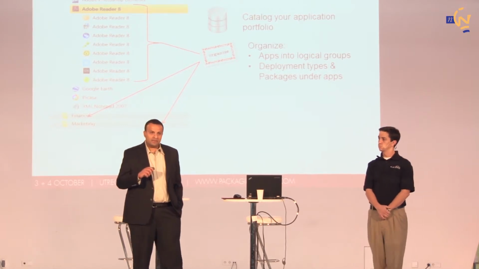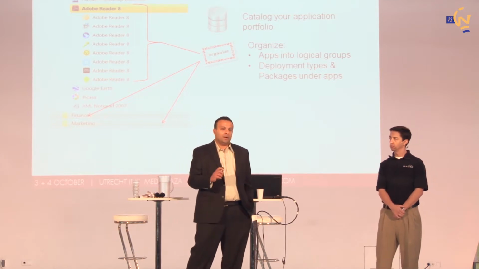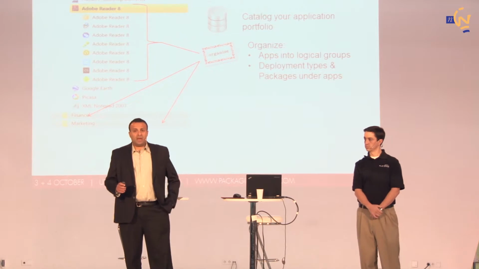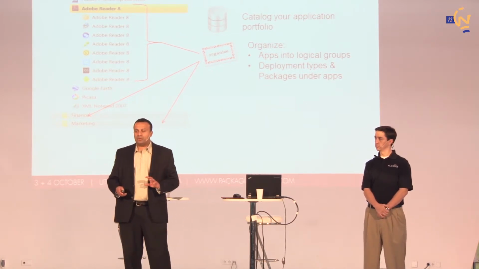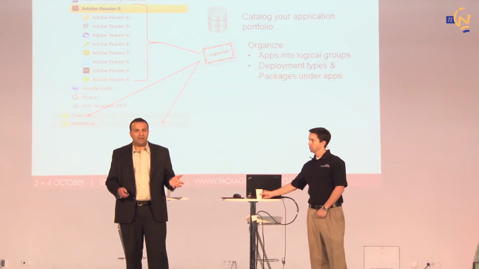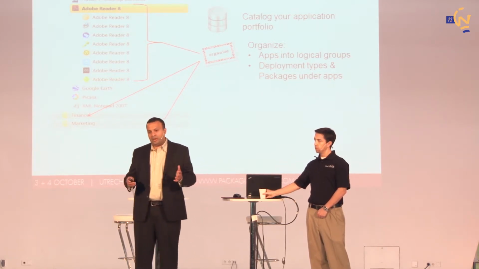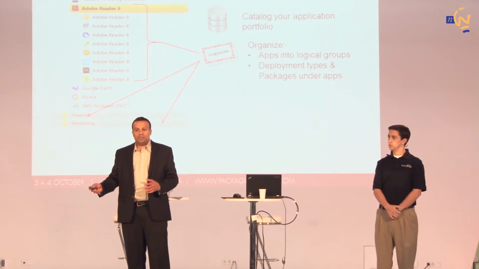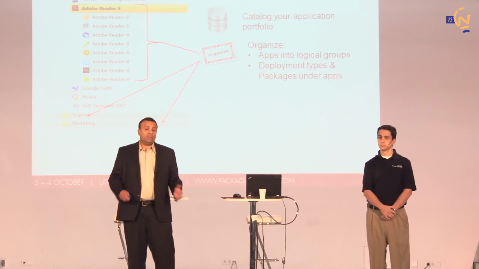And then organize these applications in a very logical way, within the catalog or a database, whatever it is. One is application logical groups, which, most of you, I'm pretty sure, have used for a long time, is to basically say, here are all the departments in my company, or it could be geographical regions like North America, Europe, Asia, and so on, and organize the apps in those folders so that they're better managed.